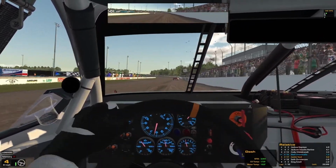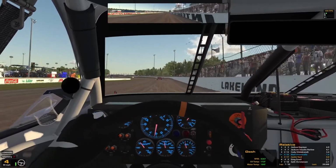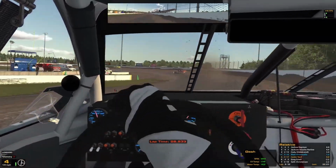Are you guys excited for the dirt racing refresh? Are you going to try out dirt if you haven't yet? And if you're a dirt racer, are you excited for this refresh? Let me know in the comments